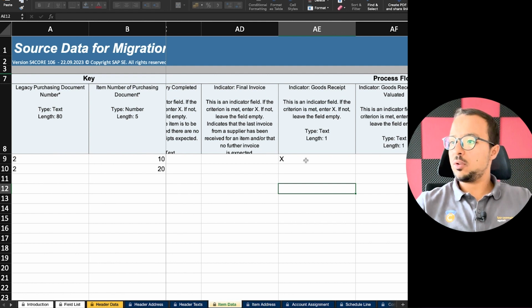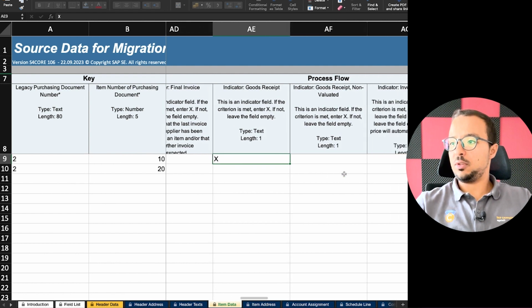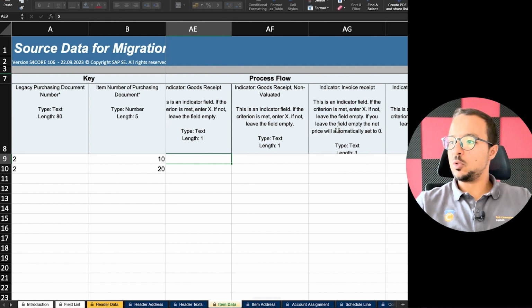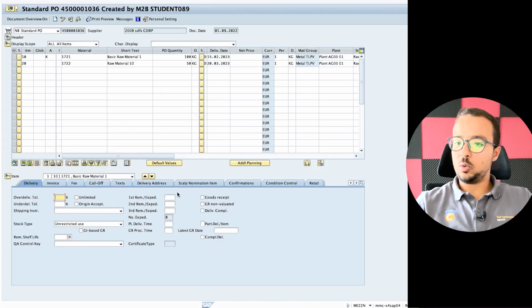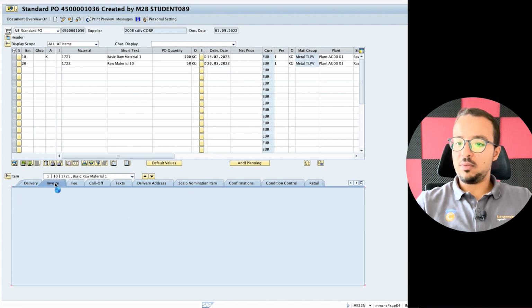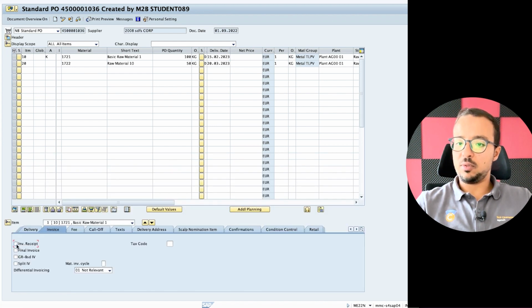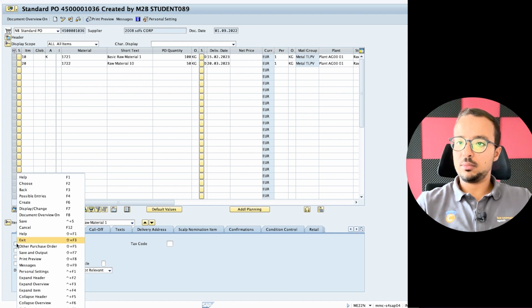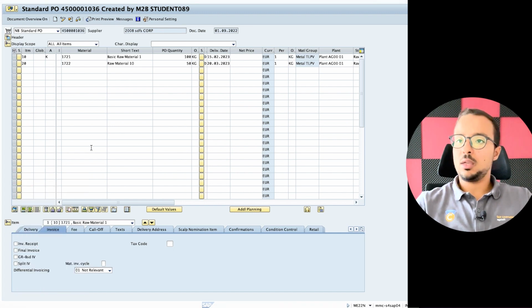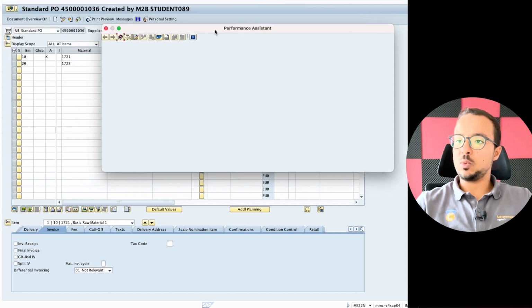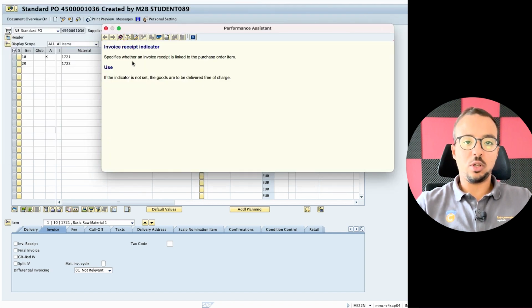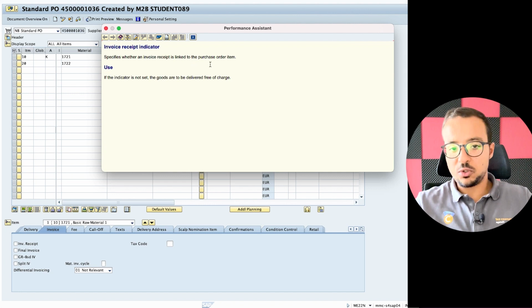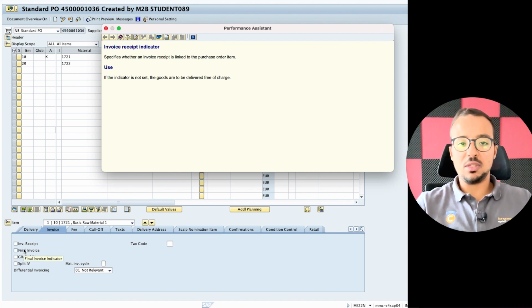Also, we have another one here for invoice receipt. If the criterion is met, enter X, if not, leave it empty. This means that this is related to invoice receipt. If I switch back to our SAP GUI and go here to invoice, here we have invoice receipt. This is the other one. If you check the help, it specifies whether invoice receipt is linked to the purchase order item. So if this is checked, it means an invoice receipt will happen. If this is not checked, it means there will be no invoice